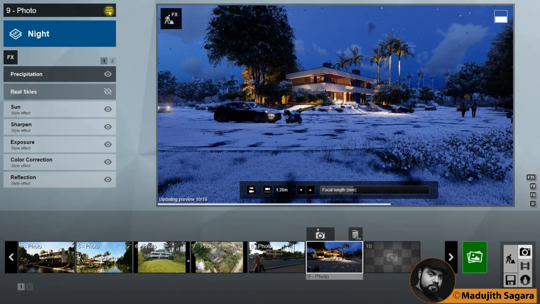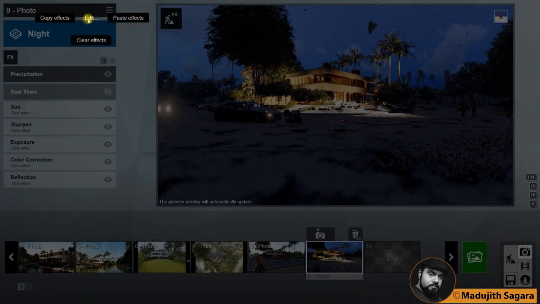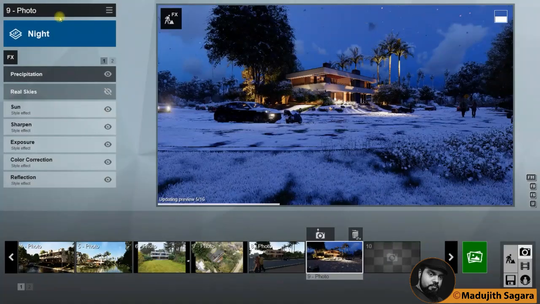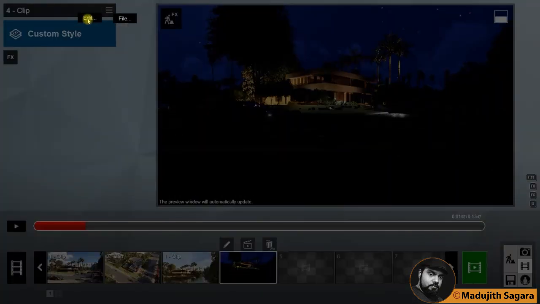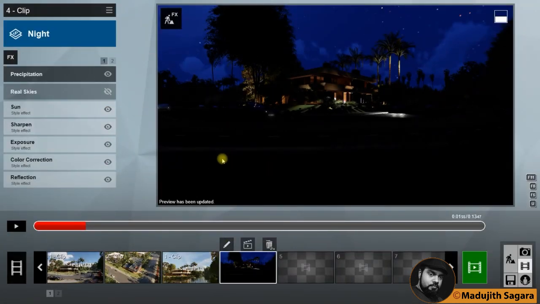You can go to this one and click on it, click on menu and go to edit and copy effect, and go to the movie maker and go to the clip and go to edit and paste effect. Now you are having the effects which were available in your image editing in this movie maker. It is very beautiful. We will play and see.